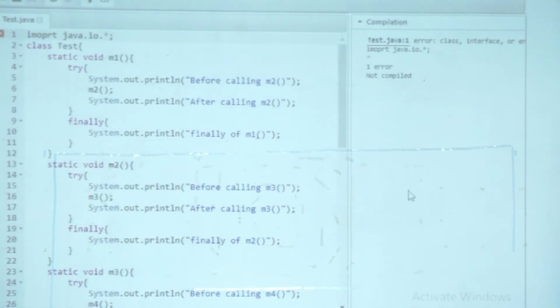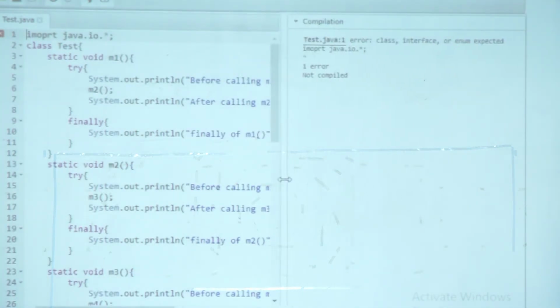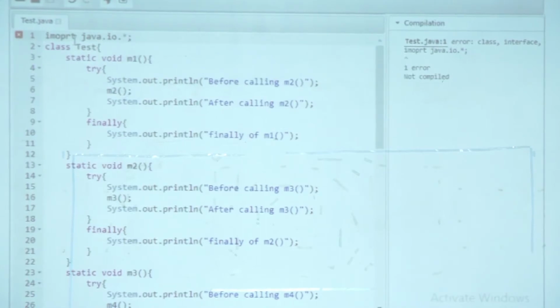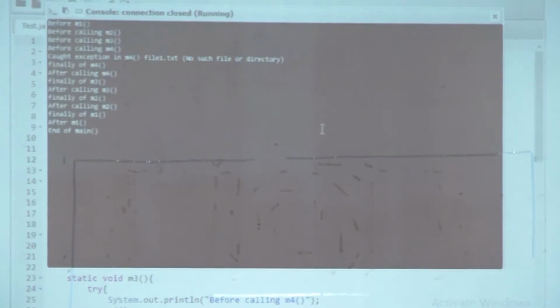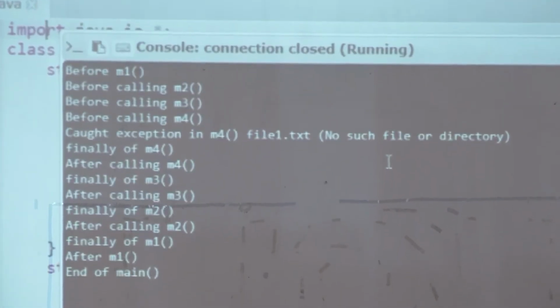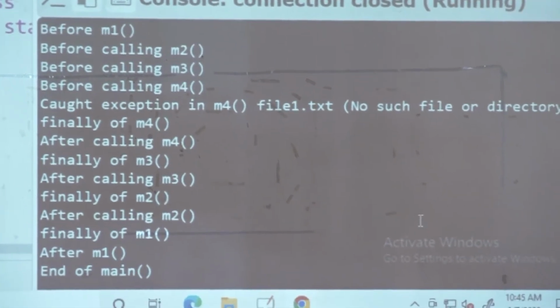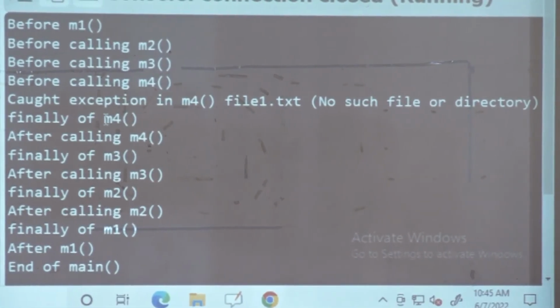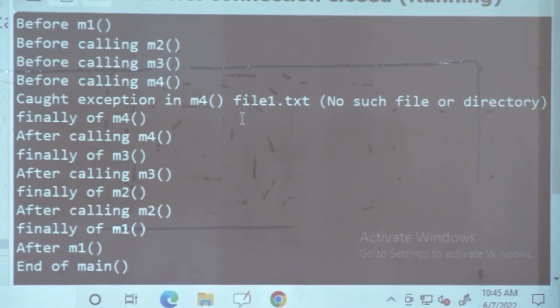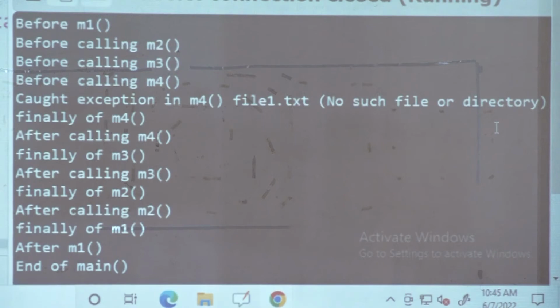Oh sorry, that's some other error. Import spelling. Okay, as expected, let's see the output. So I have the befores, all before M1, M2, M3, M4, M5. Caught exception in M4, no such file, because today we didn't create any file.